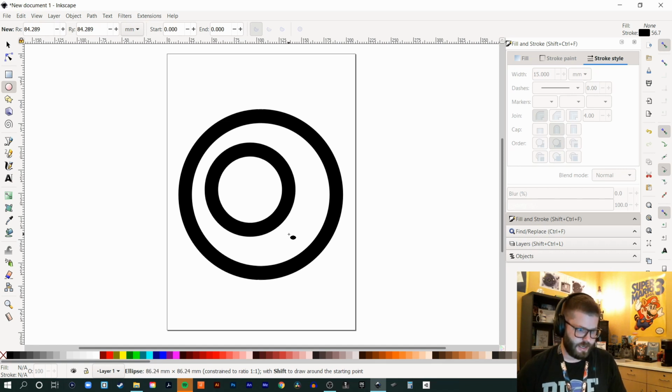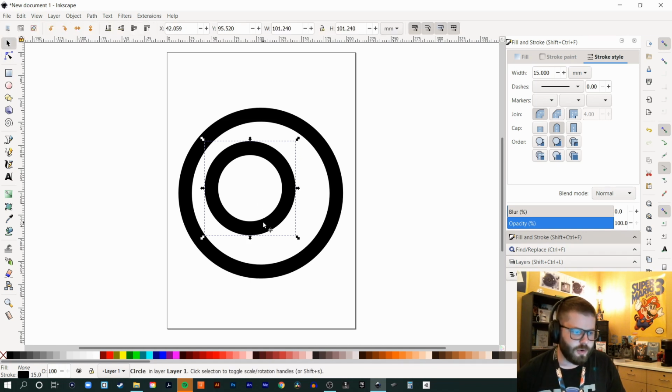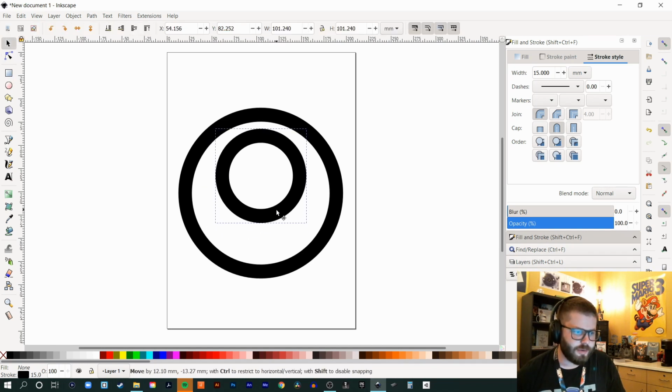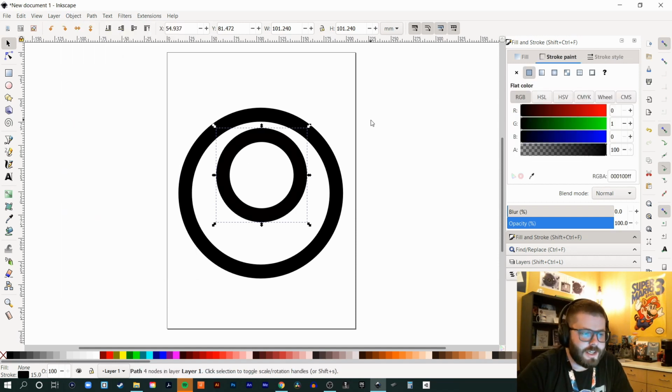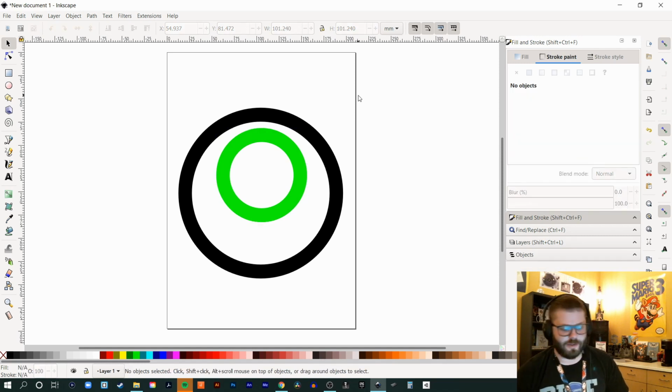But I'm going to draw this out, go to my move tool, and I'm going to put this as close to centered as I can. So what I'm going to do next is use this circle as a guide. And in order for me to see what I'm doing, I'm going to change the color of it to something a little bit brighter than black,